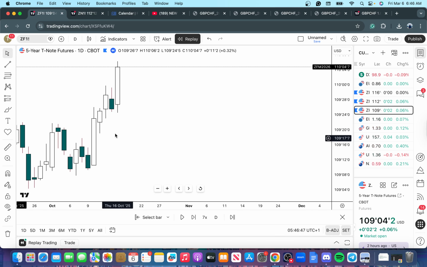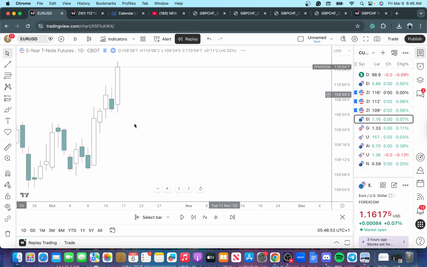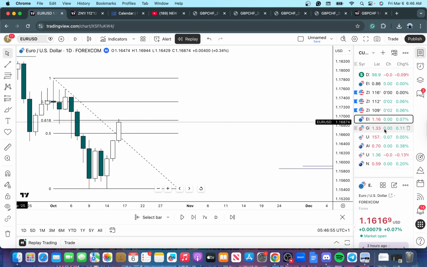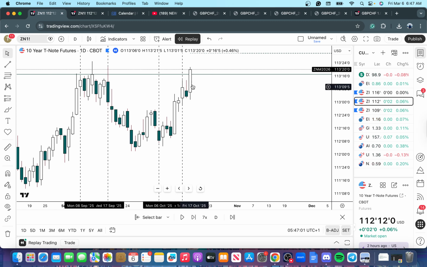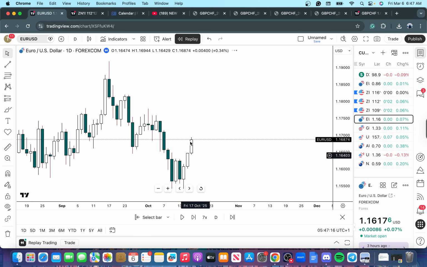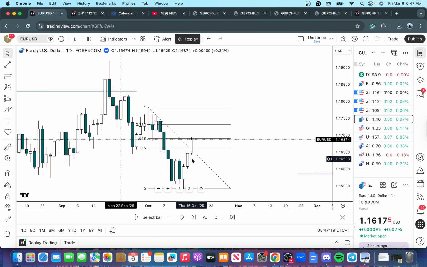That should be confirmed with structure analysis on 10-year T-note, where if we're expecting bullishness on euro dollar, any retracement down into this fair value gap should be met with no willingness whatsoever in 10-year T-note to retrace lower, right? Because if we see a really strong retracement from that high there, that lowers the probability, because we could get a retracement, reversal, consolidation, whatever. So we're looking for signs of bullish expansion to create a scenario where any down candle here would be seen as a chance to go long,